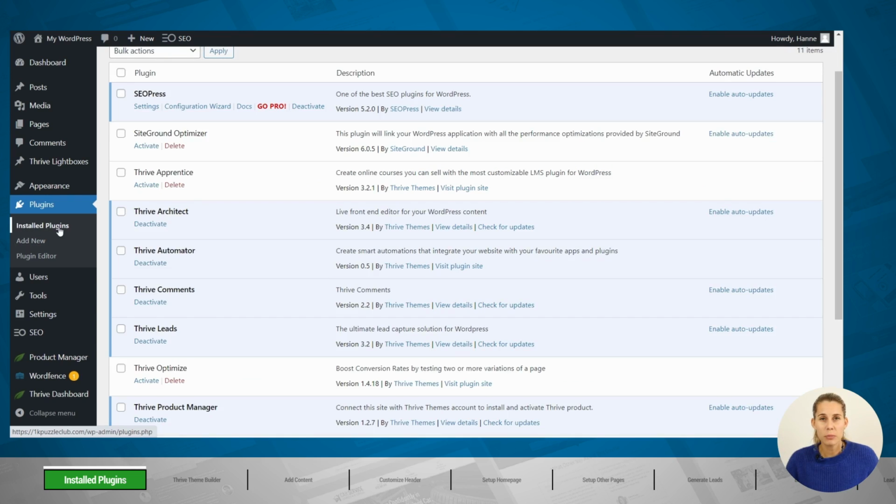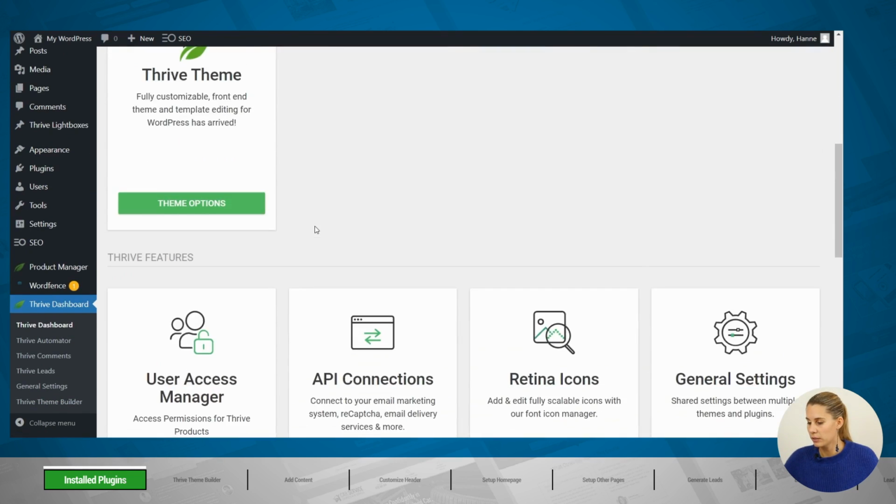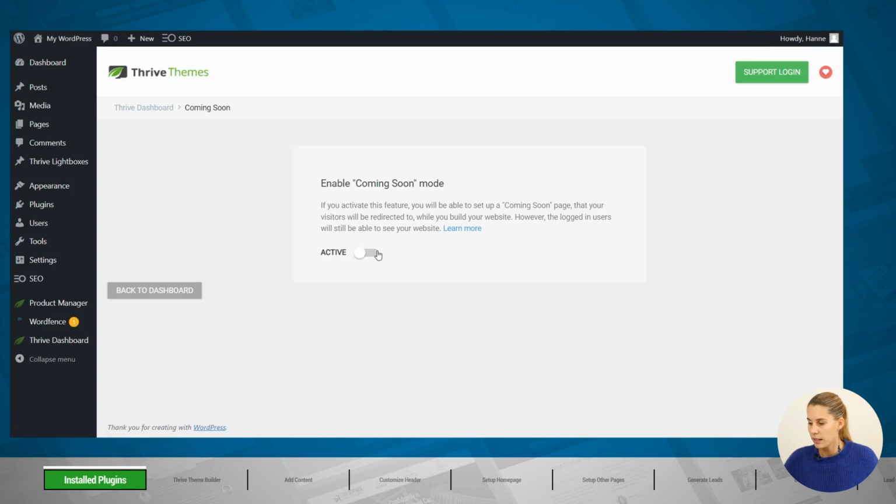Now that we have our different plugins installed, one thing we'll want to do immediately is activate the Coming Soon mode on our website. Because activating the Coming Soon mode will allow you to work on your website while people can't see the progress yet. So when somebody visits your website, instead of seeing a half-done website, they will be able to see a Coming Soon page. So in order to activate this, go into your Thrive dashboard and then scroll down. And from here you see the little card that says Coming Soon mode. Let's click on this, let's activate it,